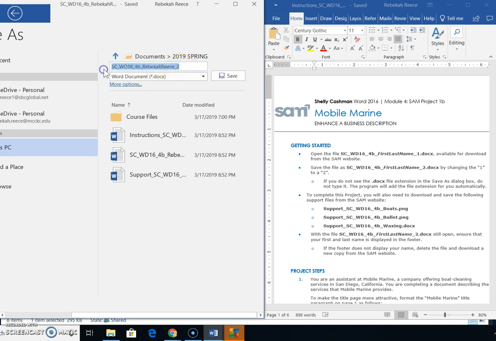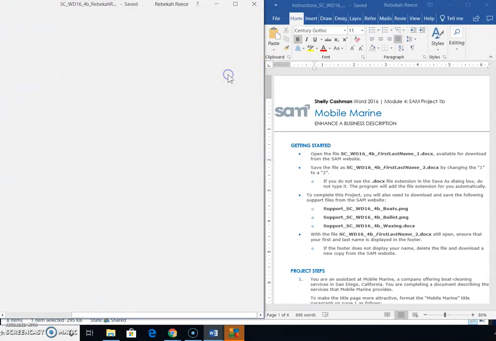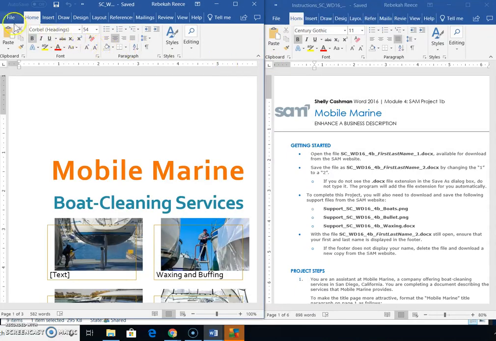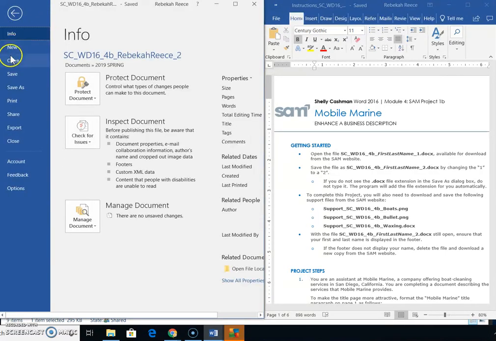Your other option is, it does come in with it all highlighted, so you could just do a right click and do paste, and it gets that file name that we brought over from where we copied it. Now this might cause a problem because it does have the DOCX on here, so I'm just going to take that out and end it with the number 2. So we'll go ahead and click the Save button here,